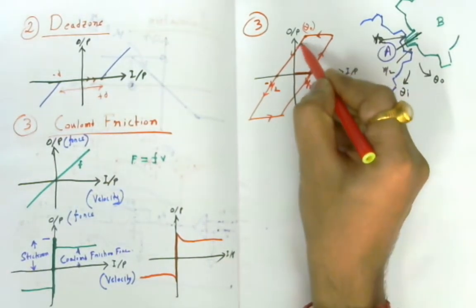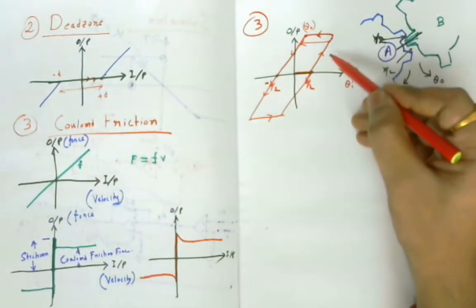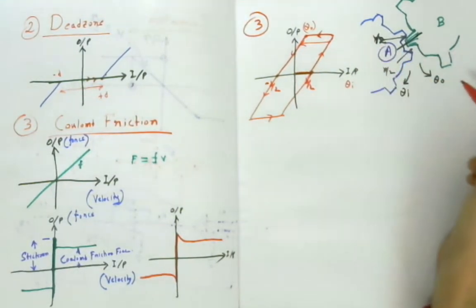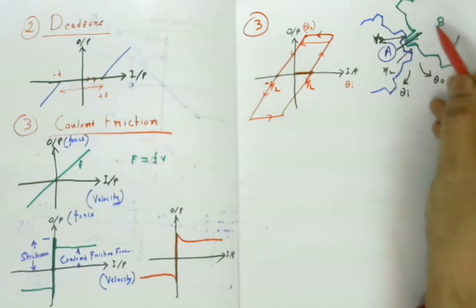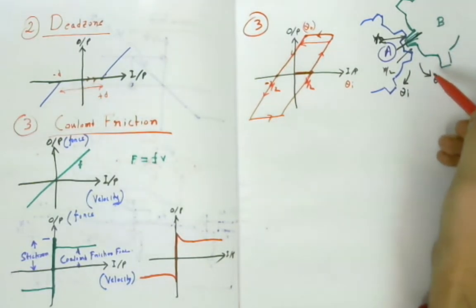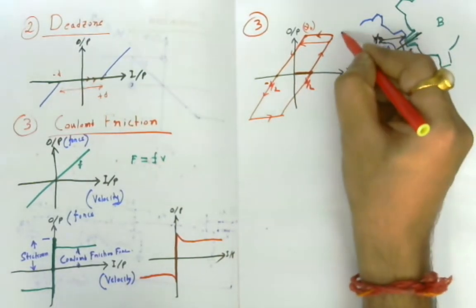I mean, how much angle the B gear has traveled, say it is theta o1. So initially if it was theta o1,